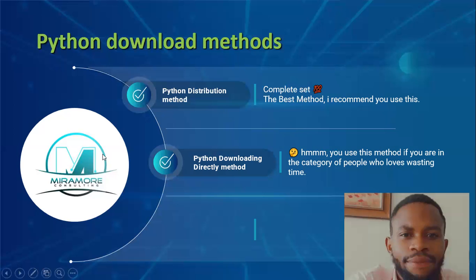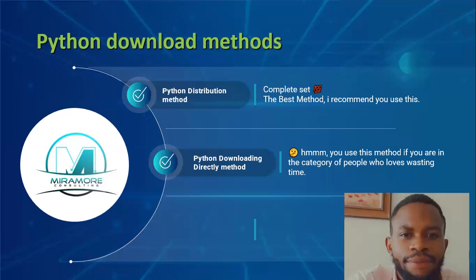But with the direct method of downloading and installing Python, once you have downloaded it, you have to move straight on and start downloading your libraries one after the other. Of course, you saw the emoji I used here. If you use this method called the direct method, where you're downloading Python directly, that means you want to waste time.